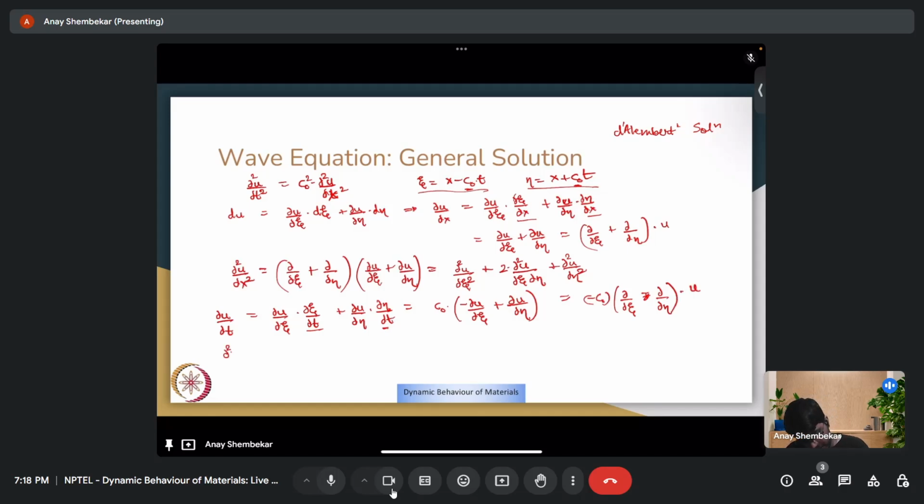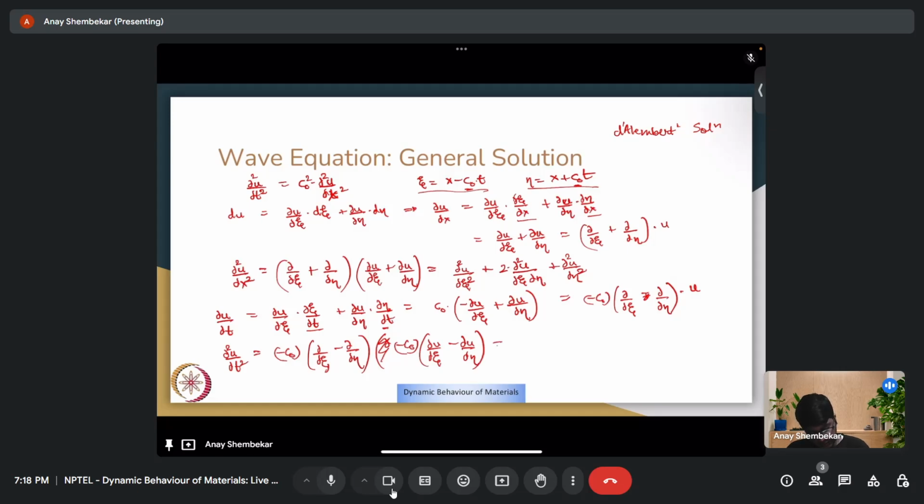Therefore, the second partial derivative of u with respect to t would be minus c naught dou by dou epsilon minus dou by dou eta into minus c naught dou u by dou epsilon minus dou u by dou eta,